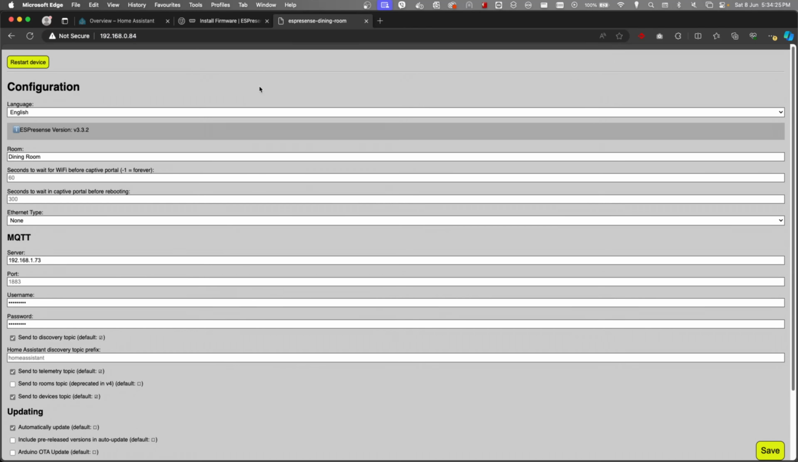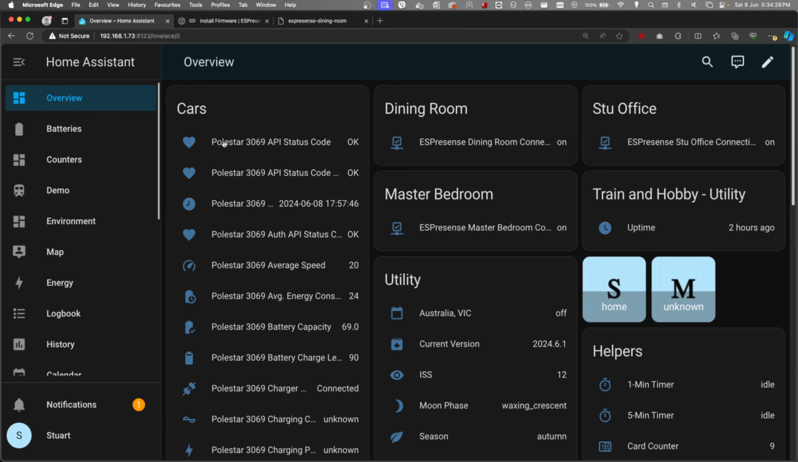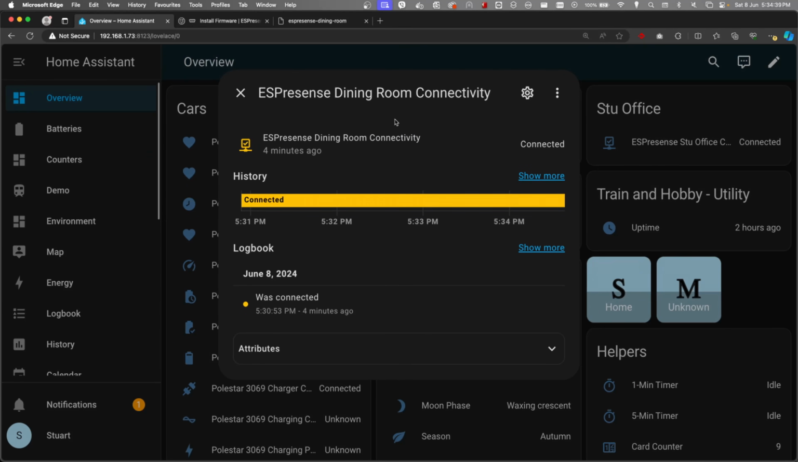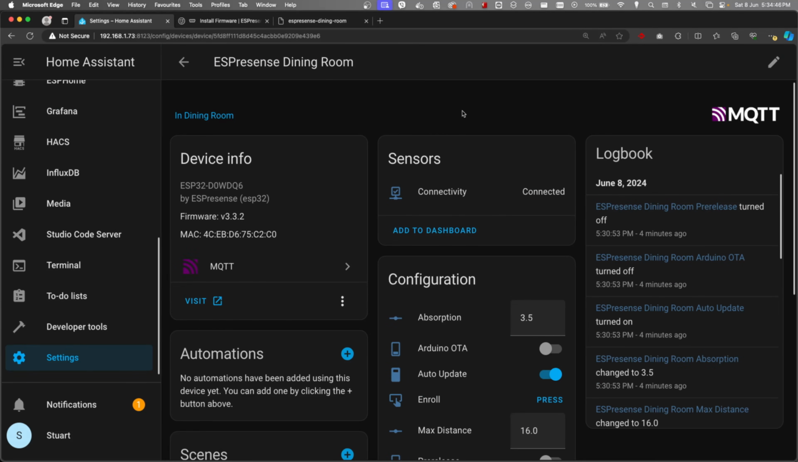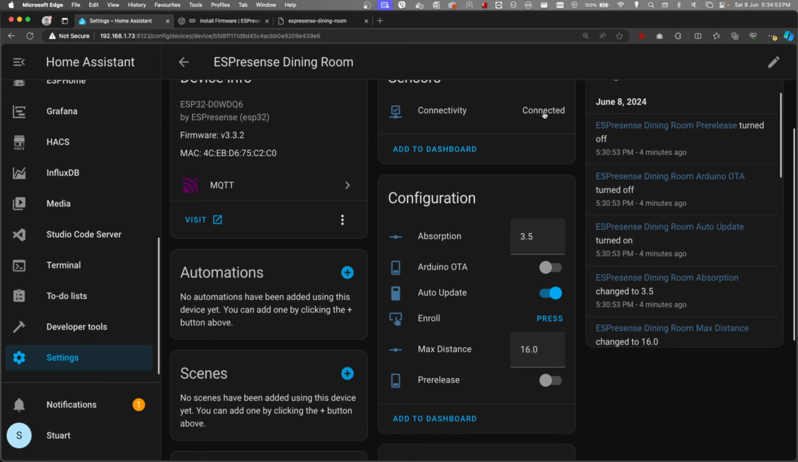Before I get into too much detail here, I'm going to head over to Home Assistant. I'm just going to refresh my page here, and we see that in our dining room, we have an ESPresence dining room there. And if I click on that, I've got ESPresence dining room connectivity. And if I go to device info, it takes us to the ESPresence dining room device, and we can see some settings in here. So we've got our connectivity is connected, and configuration for absorption,